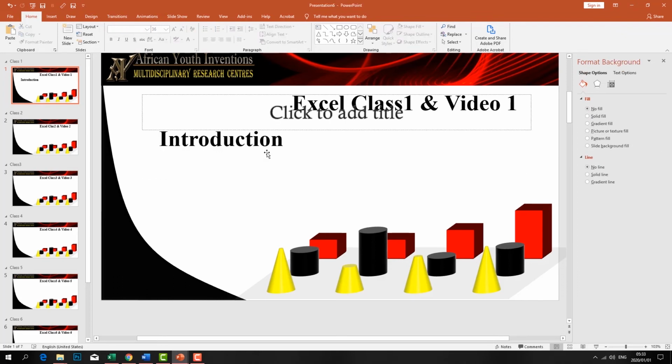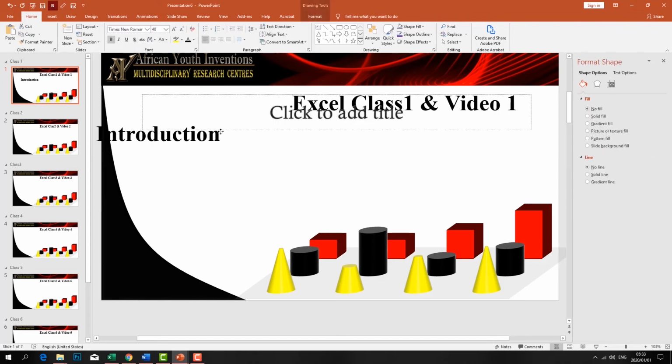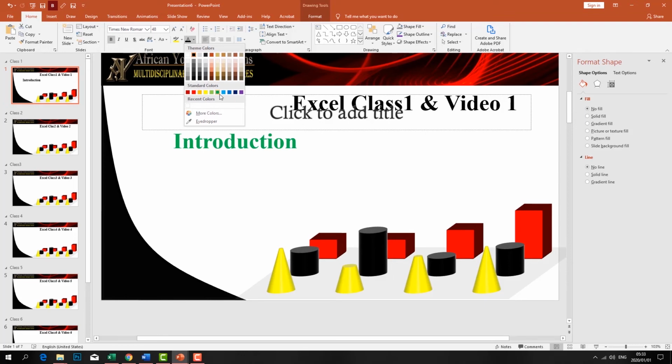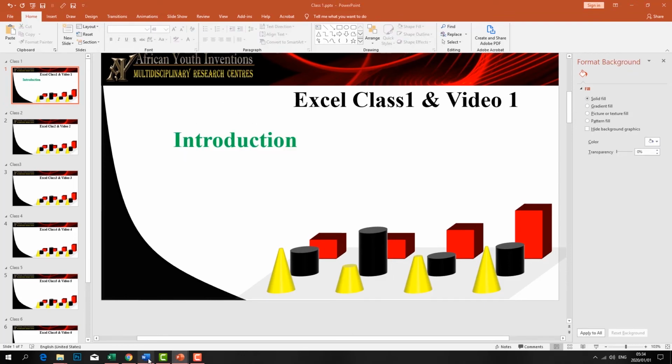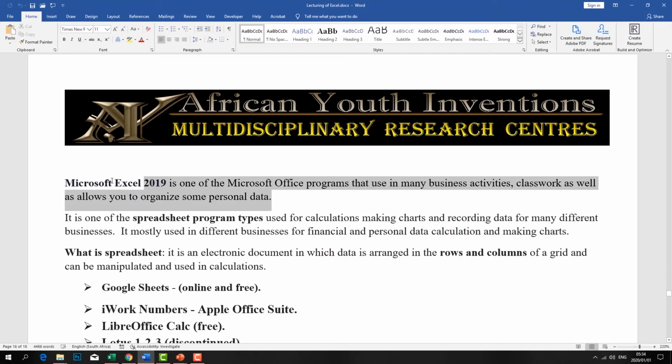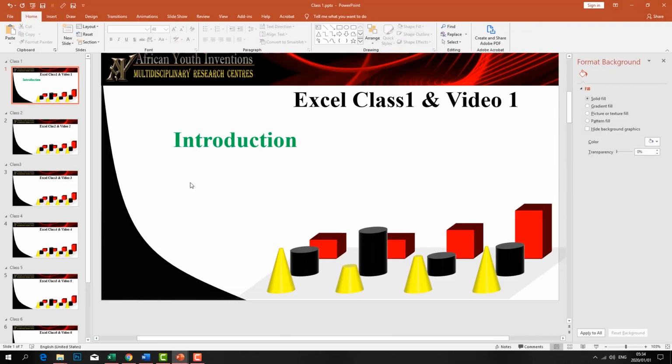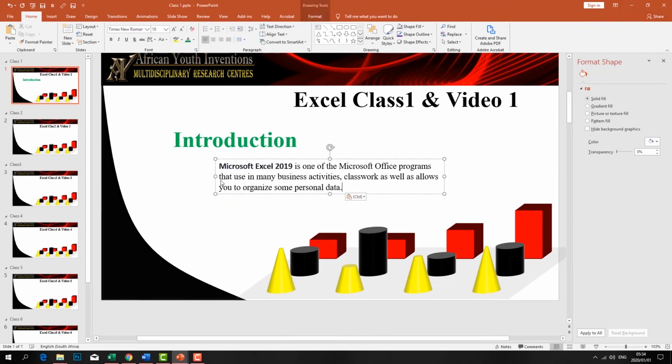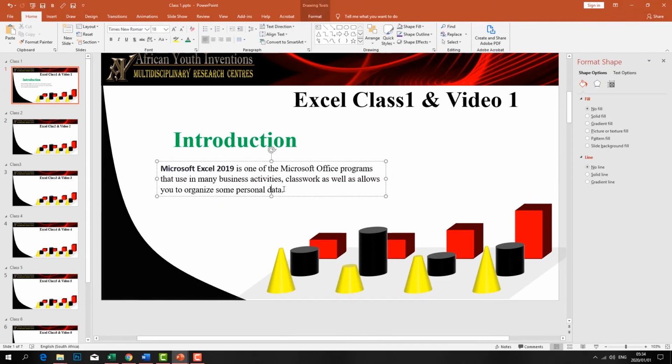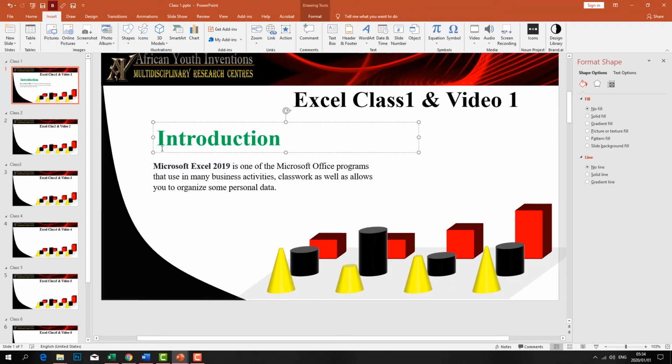Now I can change the color. I can put my introduction here. I can make it maybe Microsoft Word, and copy the word. What is Microsoft Excel? So what I need to do is tap this. I use my Times New Roman. I want to put a graphic line here. It would be nice to put it on my